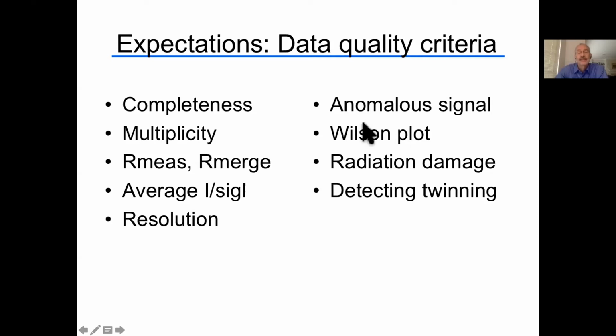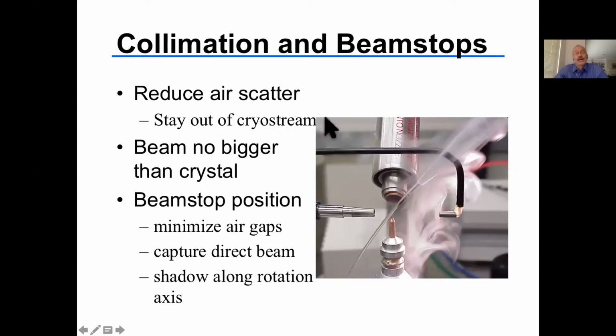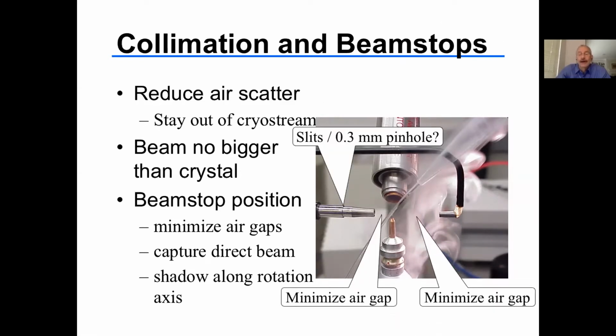And these things may come from after you have processed the data and you're looking at the data quality. So quickly, things you can do in the experiment: basically at a beamline, everything's set up, there's not much you can do. But you do want to make sure that you're reducing air scatter by putting the beam stop close to the crystal without blocking too many reflections. You want to minimize these air gaps, and you also want to minimize the shadow on the images that is caused by this post that comes around, or at least put the shadow in an area that doesn't